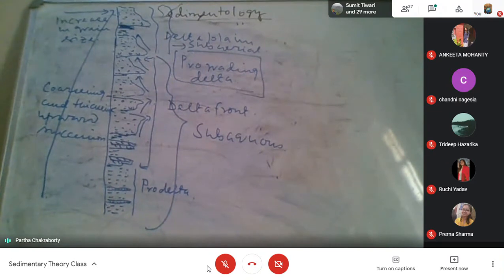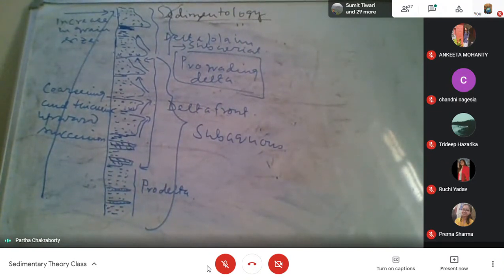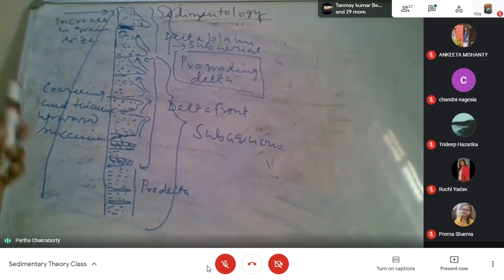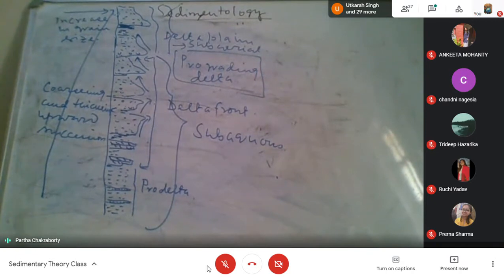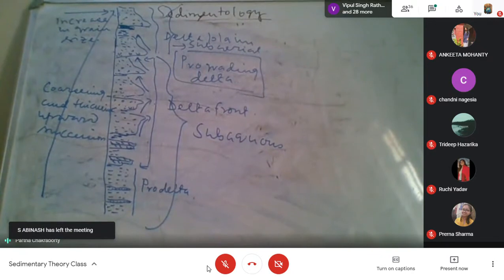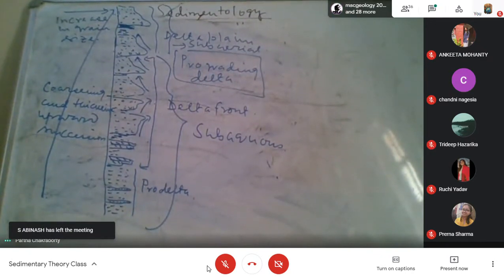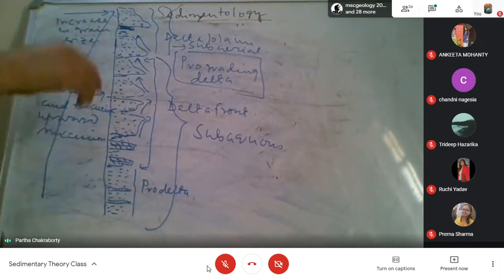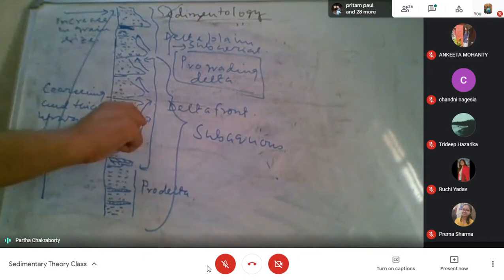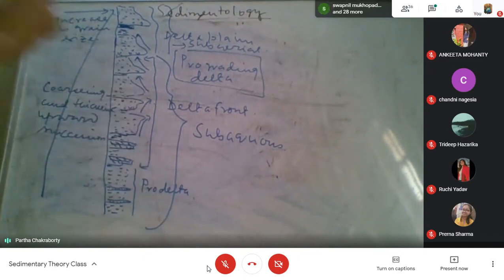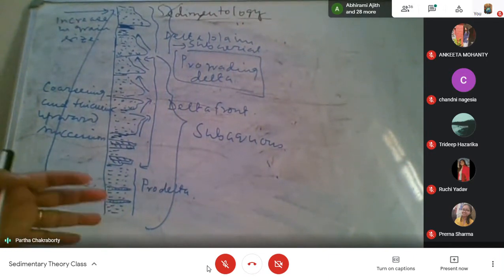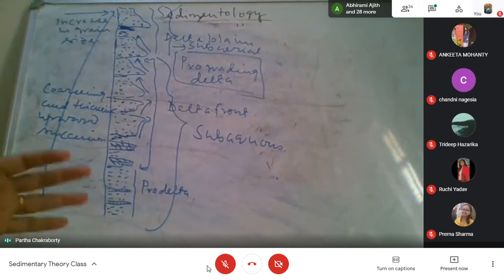Saying so, I am also discussing the typical character of a prograding delta succession. A prograding delta succession will always form a coarsening and thickening upward succession. This will be the overall pattern of the delta succession. Within this large scale overall succession, you can also have short scale coarsening and fining up cycles. Overall, the delta gives you a coarsening up cycle. This is a delta cycle. We call it a delta cycle.